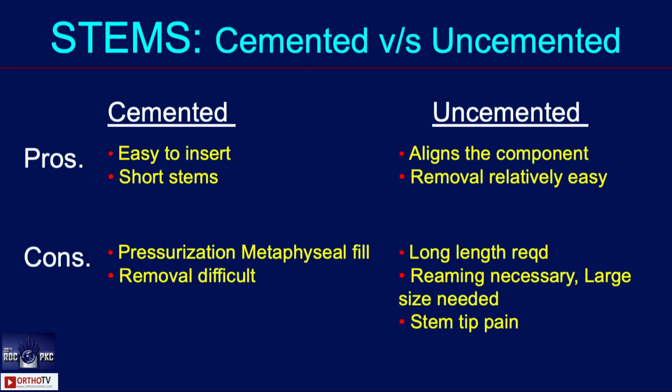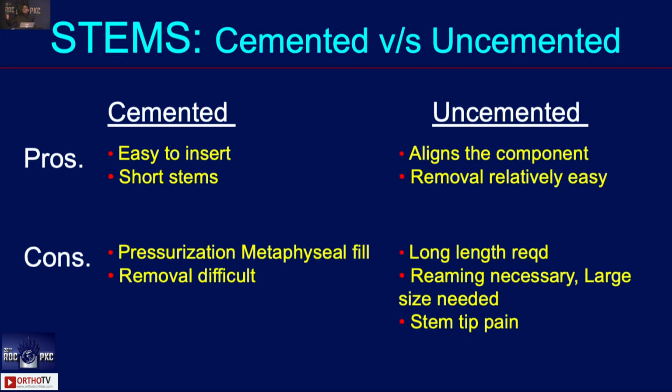Let us look at the pros of the uncemented stem. And I think this is the most important reason, is that it aligns the component. The moment you put an uncemented stem, which goes deep down into the canal, you've reamed the canal, now it affords you the alignment according to the anatomical axis. And therefore I use it all the time because I don't need to really, in a revision scenario, fall back on my navigation. Unless it is a uni-revision, I don't use navigation